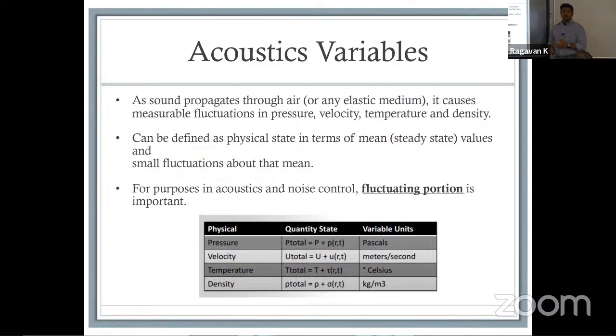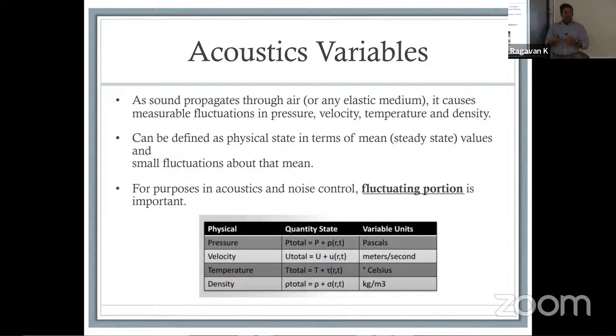Now, how does it relate to acoustic variables? As sound propagates through the air, it causes a fluctuation in your pressure, in the velocity and everything else. That's how we hear. If you look at fireworks, you can see it before you can hear it. Light travels faster than sound, simple as that. So you can see it, and then about a couple of seconds later, it snaps. The same thing with lightning. You see the lightning before you can hear it, because when you see it, you know it's going to snap in about 2 or 3 seconds. That's not because it didn't happen at the same time. It's just because light travels to you a lot faster than sound did.